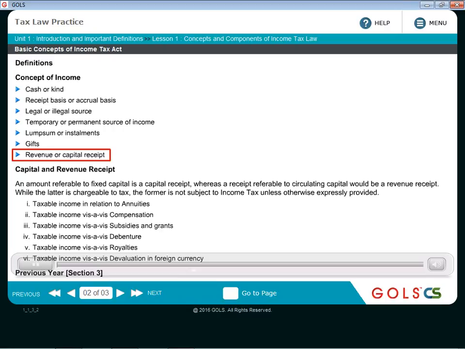Lastly, revenue or capital receipt. This question is easily answered by the tax department. The tax department says whenever it is a revenue receipt, it should always be taxable. Whether it is salary income, house property, other sources, whatever, when the income is in the form of revenue nature, it should be taxable. What exactly is revenue nature and what exactly is capital nature, we will discuss. But for the time being, understand that revenue receipt should become taxable